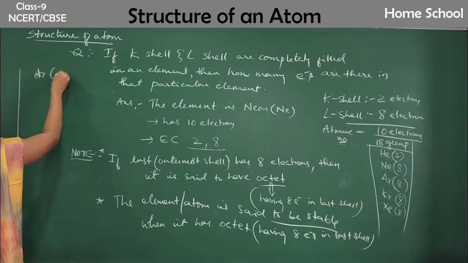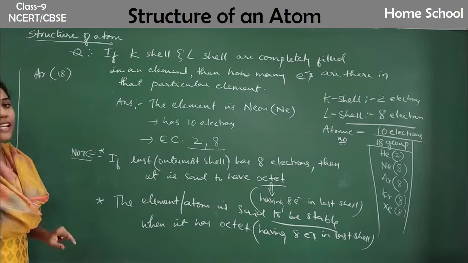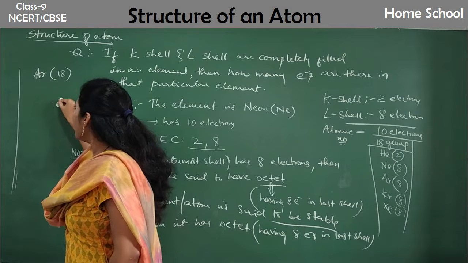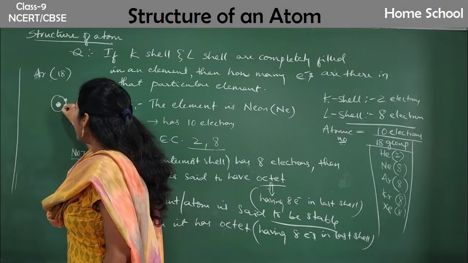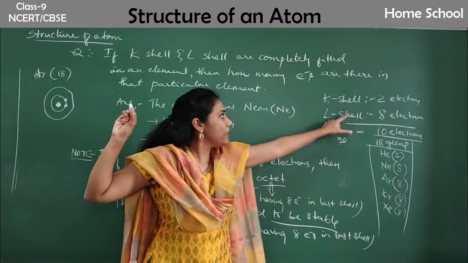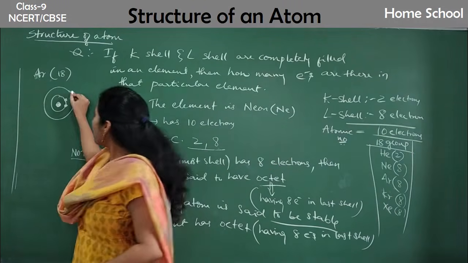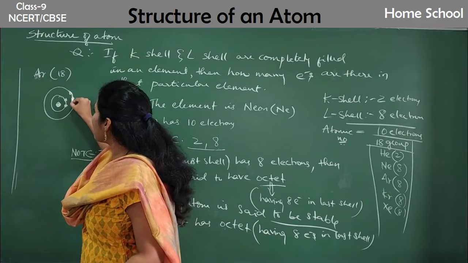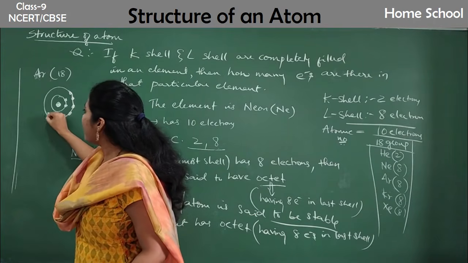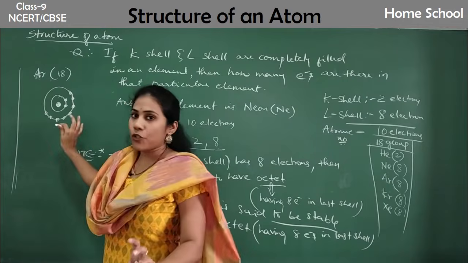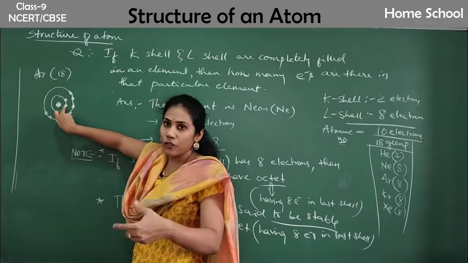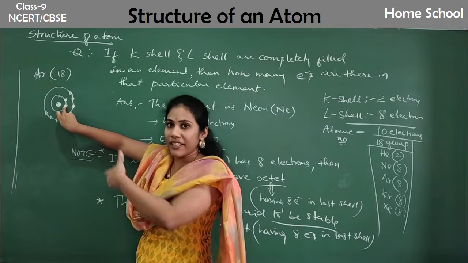Argon, atomic number 18. 18 electrons are there. So, what is its structure? Centrally the nucleus. First shell, 2 electrons. Right? So, second shell maximum capacity is how much? 8 electrons. No? So, 8 electrons you will show here. 1, 2, 3, 4, 5, 6, 7, 8. Now its capacity is over. How many electrons have you already shown? 8 plus 2. For 10 electrons, you have given their position.